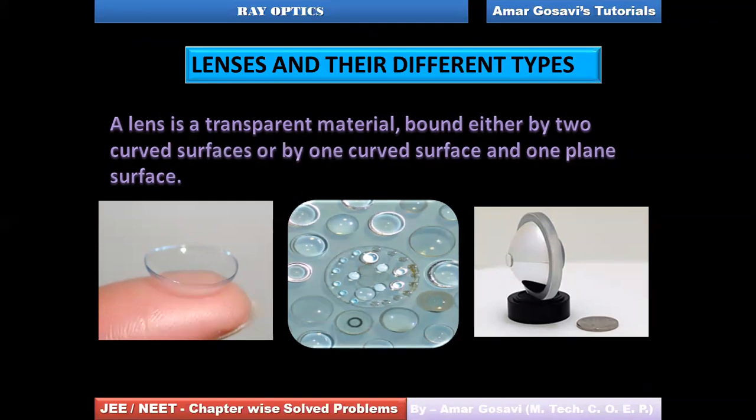Hopefully I am audible and the screen is properly visible to everybody. All those who are attending for the first time, please let me know in the chat box if it is clear, and take a screenshot of this, because these will serve as notes for you. Thanks a lot for the feedback. See to it that you take the screenshot so that it serves as notes for you. Okay, so this is how we define a lens, friends, and most of you say done. So let's move ahead then.